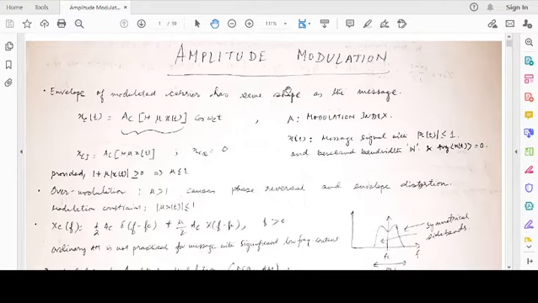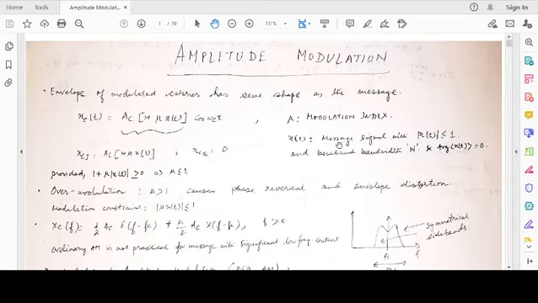Further, on the property of linearity, if we have two signals, x1(t) and x2(t), they have message spectra X1(f) and X2(f). After amplitude modulation, the spectrum would be the same X1(f), X2(f) combined together, and then translated. And you can correspondingly extend the definition of linearity to two signals. So the combination of the spectrum is linear in that sense. Okay, so amplitude modulation.